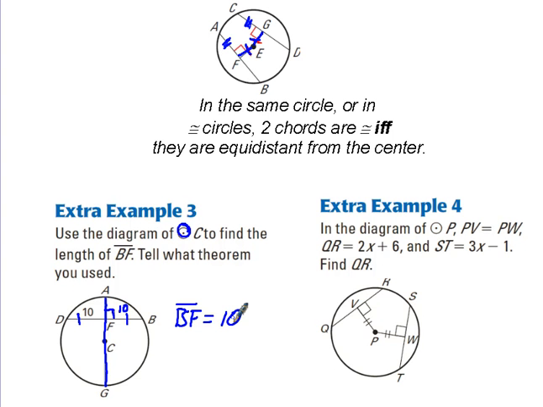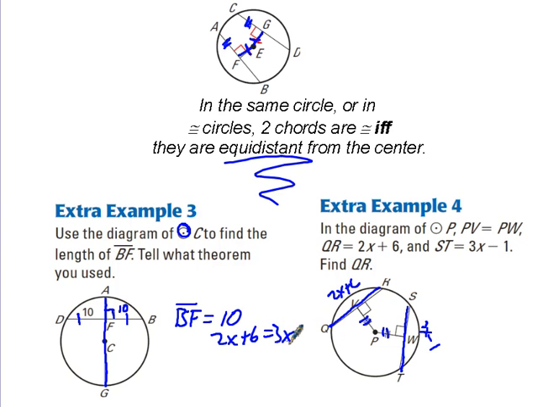Next, example 4. In the diagram of circle P, PV is equal to PW. That's this right here. It's equal to that. That tells me from the theorem up here that this will be congruent to that, won't it? Because the distance to those is the same, and it has to be at a right angle for the distance to be the same. So since this is 2x plus 6, and this is 3x minus 1, I can say 2x plus 6 equals 3x minus 1, and now we can subtract 2x from both sides, getting 6 is equal to x minus 1, add 1,